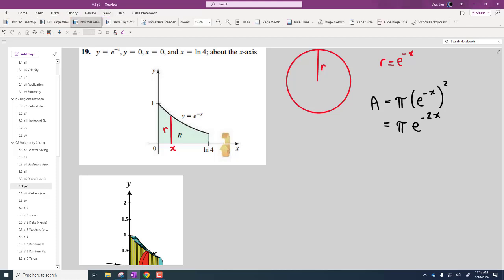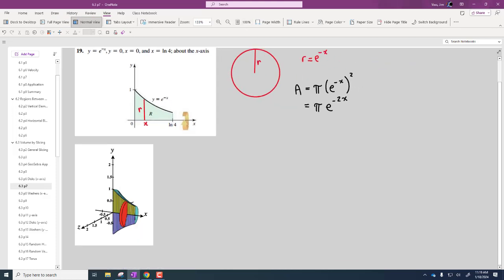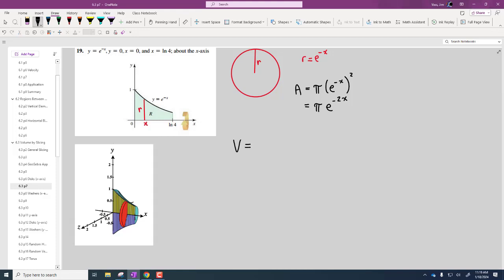So when we go to do our integration, the volume is going to be the integral from 0 to natural log of 4 of that. And then we're back into what we were talking about on Tuesday. This exponent right here is linear. You could use the long drawn out substitution method, or because it's linear, we can use our shortcut, which is